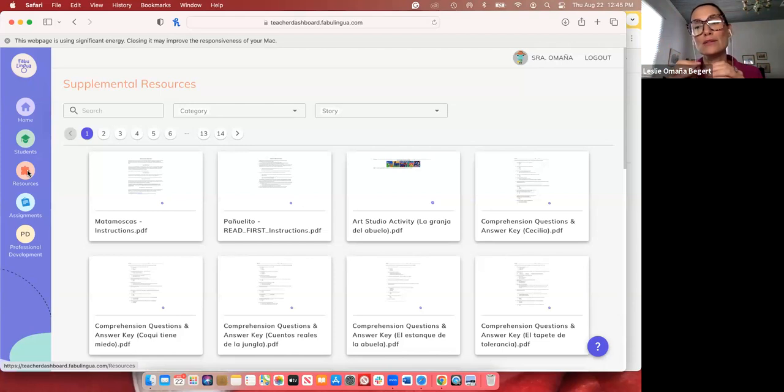And so what they do then in order to progress to the next location is they have to earn a certain number of diamond keys. And that unlocks the discovery chest, which unlocks compasses that are needed to unlock the new location. So it's the game as you would find if you were to buy FabuLingua as a family on the App Store. The game takes over. But as a teacher, crucially, you still have insights into that child's progress the whole way through all the stories.